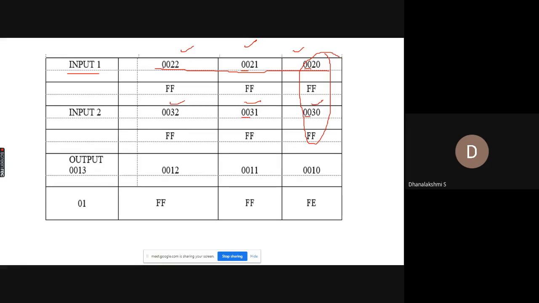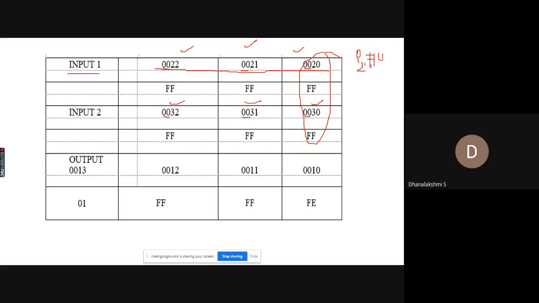So all the 6 bytes of data, both for input 1 as well as input 2, have the same upper address byte 00. So I am going to initialize my port P2 with 00.